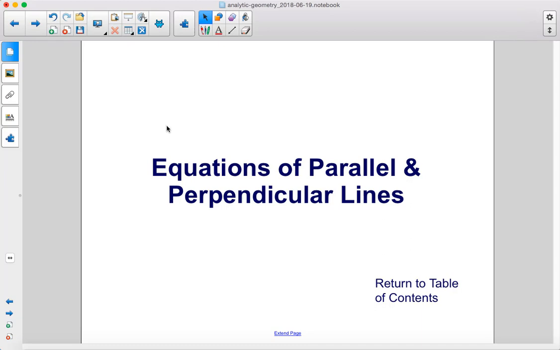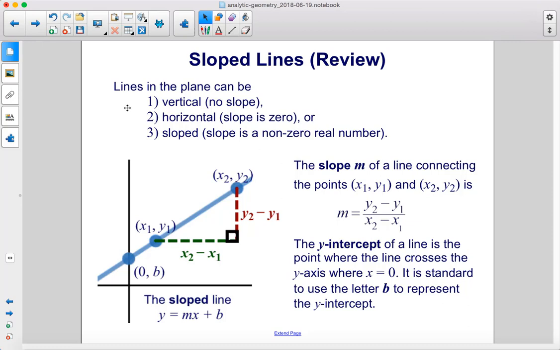Equations of parallel and perpendicular lines. Lines in the plane can be vertical with no slope, horizontal where the slope is 0, or sloped, where slope is a non-zero real number. The slope m of a line connecting the points x1, y1 and x2, y2 is m equals y2 minus y1